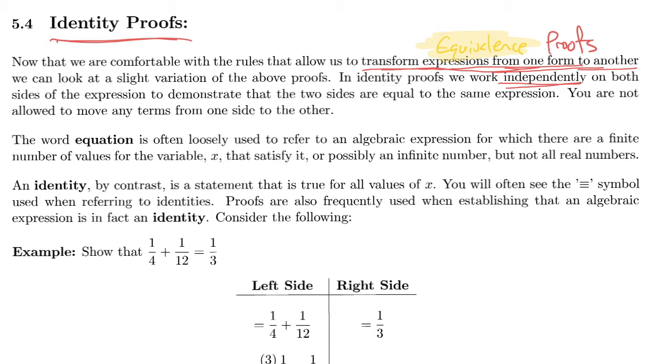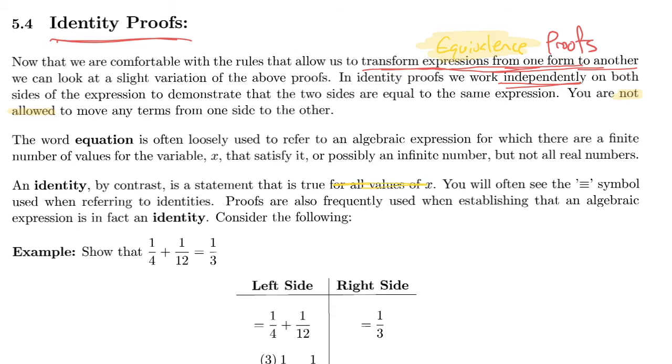Well, here we don't. So you are not allowed, like it says right here, to move any term from one side to the other, because that is only allowed if it's true that both sides are equal. The word equation is often loosely used to refer to an algebraic expression for which there are a finite number of values for the variable x that satisfy it, or possibly an infinite number, but not all the real numbers. An identity, by contrast, like it says right here, is a statement that is true for all